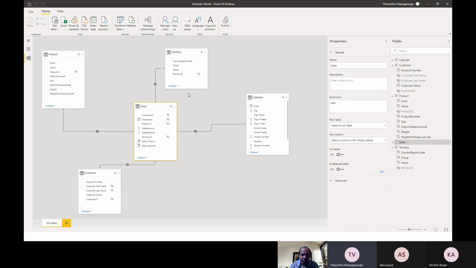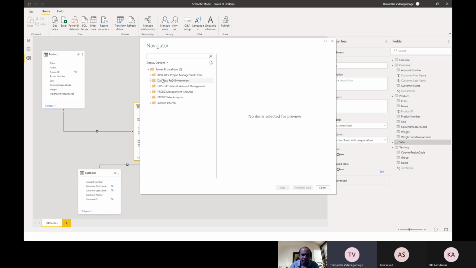So click on Power BI data flows, and you would be directed into a window like this, which shows all the data flows that you have in the workspaces you have access to. So this demo workspace is the data flow R&D environment. So I would just go into that,